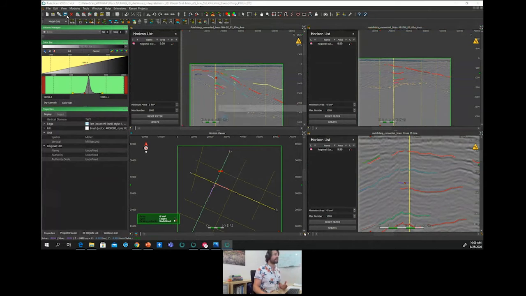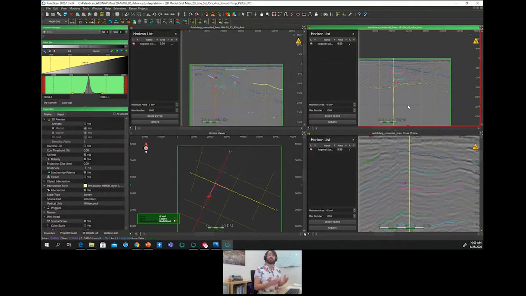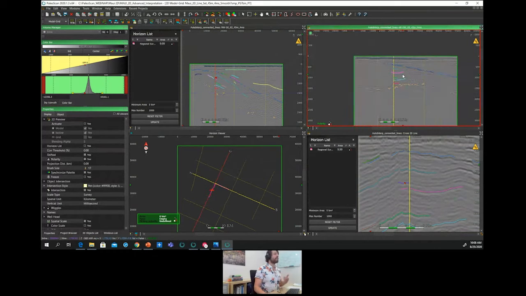That can be performed in case you just want to save individual 2D horizons toward exporting them to any other platform. But as long as you remain in PaloScan, you don't need to care about saving individual horizons because you care about the stratigraphic organization. The workflow of PaloScan is a stratigraphic framework. So once we have saved this interpretation, we can, for instance, close it, close PaloScan, and the next time we come back to the application, we will just have to reopen this interpretation in order to be back to this state.